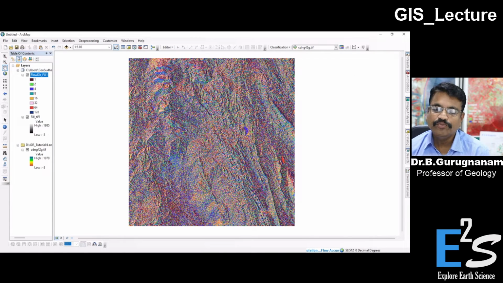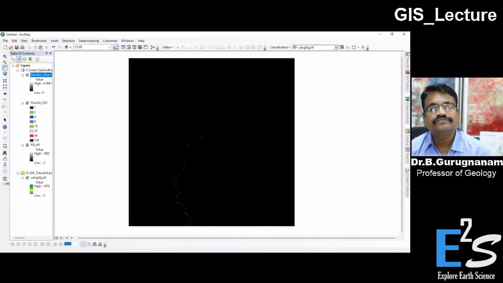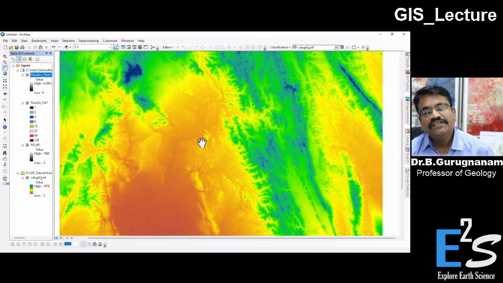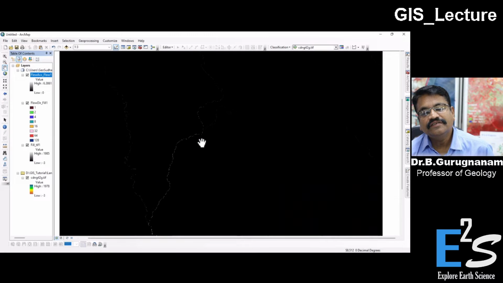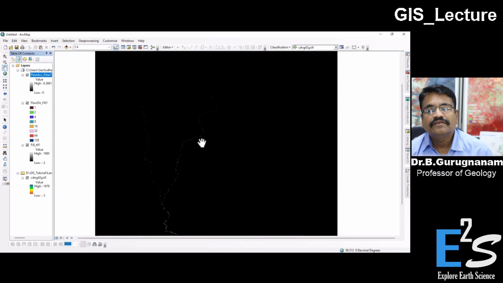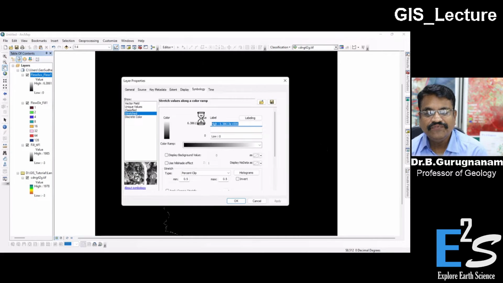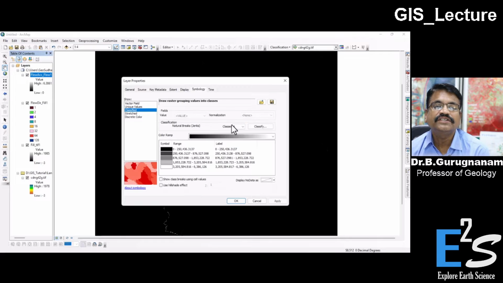where it gets accumulated. It will buffer the accumulated region and show. You see, this is the flow accumulation. Most of the water is getting accumulated here. You can also classify this in your segments symbology. You classify